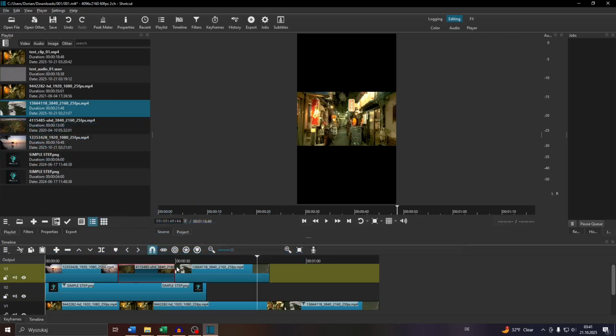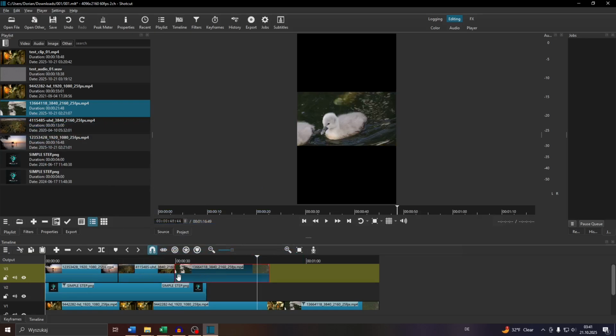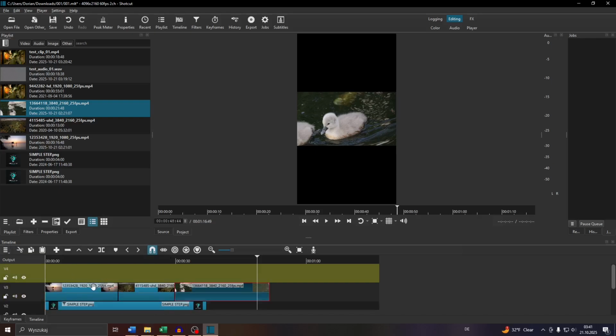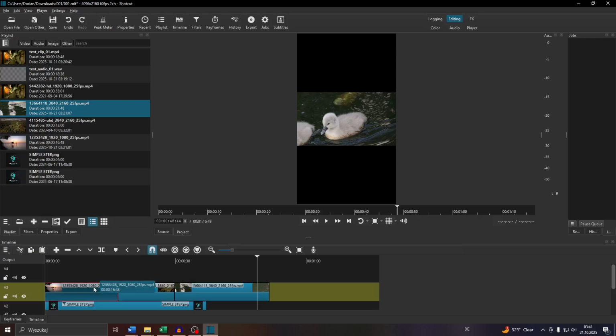And now guys, let's say you would like to move them to a completely new video track, all of them, not one by one, but all of them. To do that, create a new video track by clicking into these three dots here, repeat the same process, click into add video track. And now guys, left click into your first video clip, press and hold left shift on your keyboard